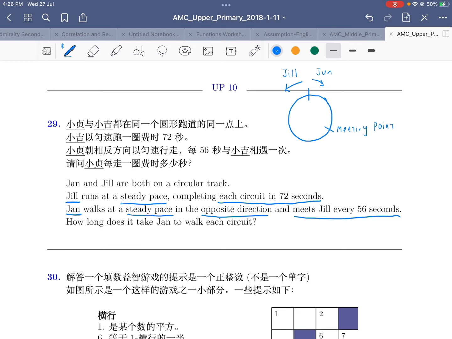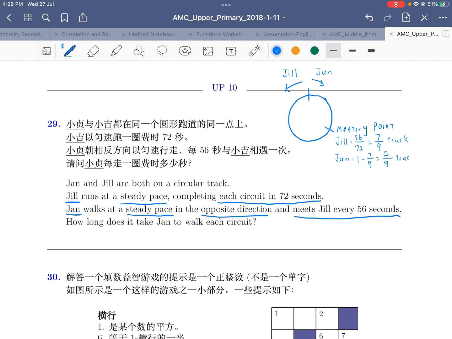So how much of the circular track has Jill completed? Well, for Jill in this case, we can see that it will just be 56 over 72. For a simple reason being, she runs at a steady pace. She completes each circuit in 72 seconds. And only 56 seconds has elapsed. So in this case over here, she'll have ran 7 out of 9 of the track. What about Jen? Well, naturally, Jen will actually have 1 minus 7 over 9, which is 2 over 9 of